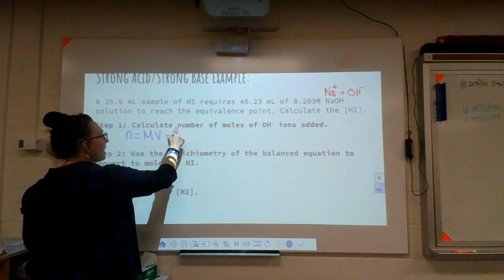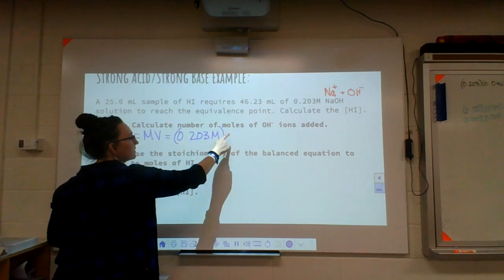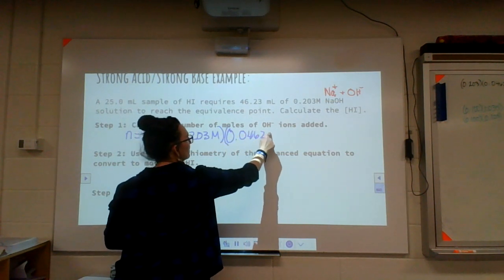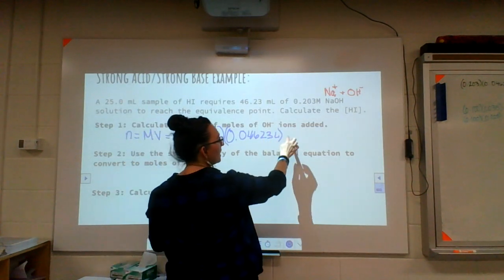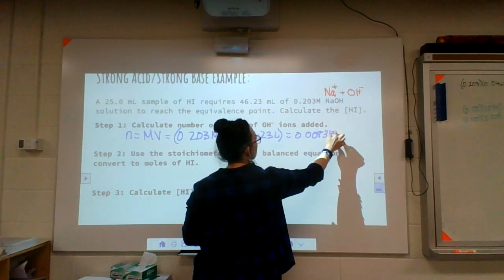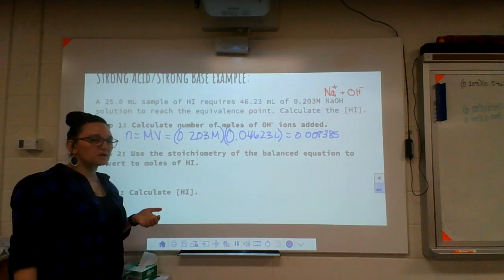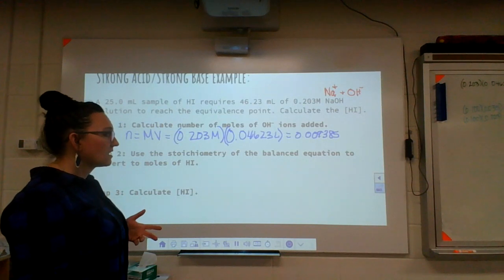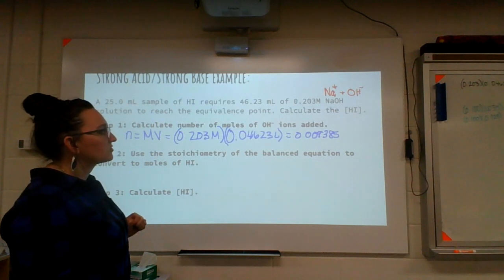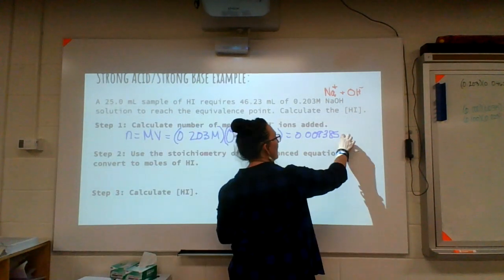So I'll have 0.203 molar times 0.04623 liters, and so I'll get 0.009385. And I know this is a couple extra digits because I only have 3 significant figures here, but I don't want to introduce any rounding error into my calculations that come later. So I'm just going to keep an extra digit here. So now I know the number of moles of my hydroxide ions,